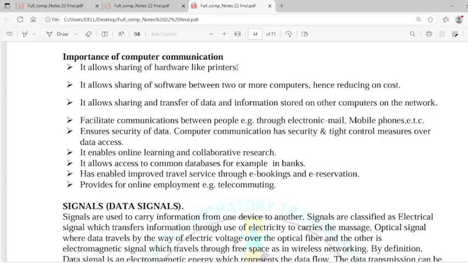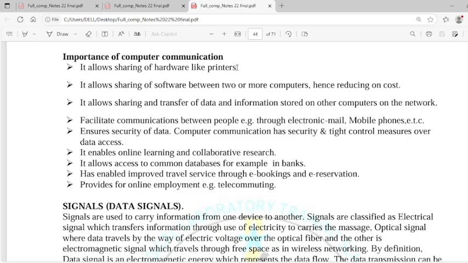Like there's one printer, yet the 5 computers in the office are able to communicate among themselves. So the one printer can be used by the 5 computers